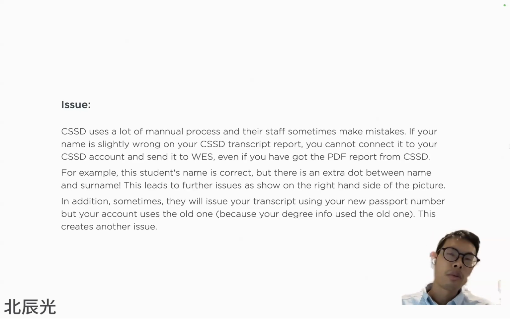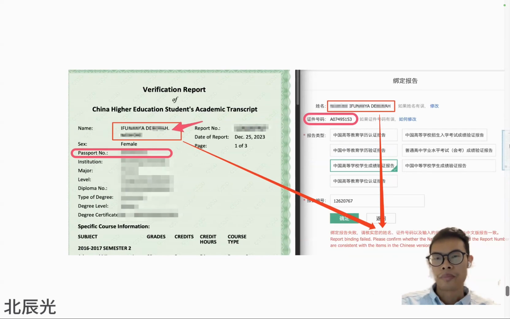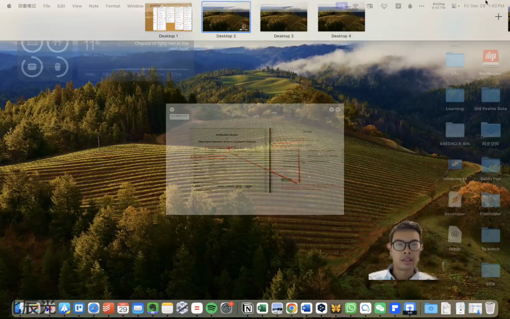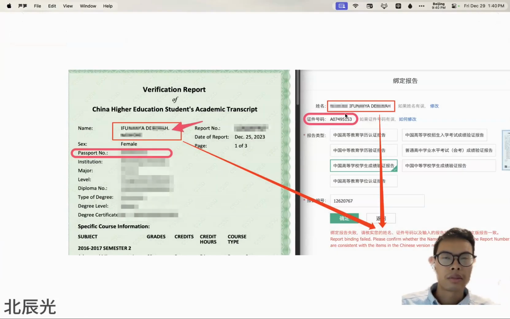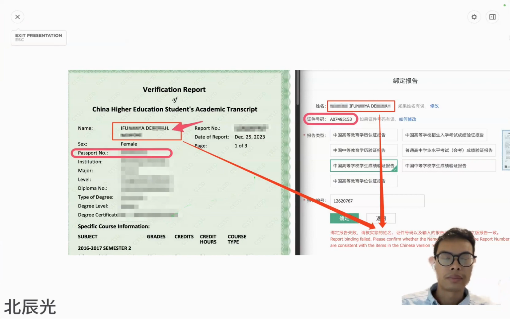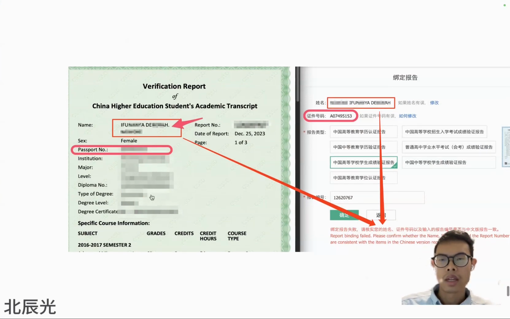There was no way they could use your new one because you didn't even have the new one yet. This will create further issues. As you can see, there's a passport number on this report, and then there's another passport number on the CSSD account. If they don't match, you cannot progress further.